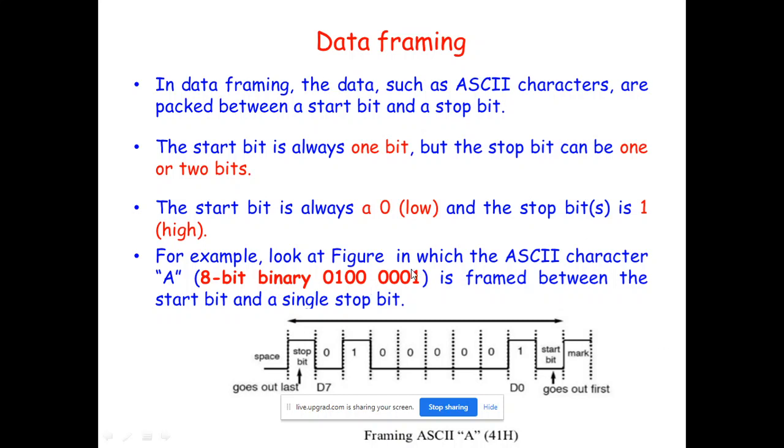That's why you add a start bit and stop bit to this data. In normal data framing, there is one start bit and one or two stop bits, as per our choice. The start bit is always one, and for the stop bit there are two options, either one stop bit or two stop bits. Suppose you are interested in one stop bit: one start bit, one stop bit, and 8-bit data. The actual frame size becomes 10: 8 data bits, one start bit, one stop bit.